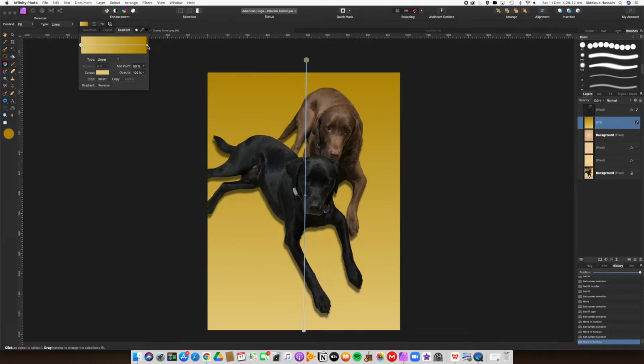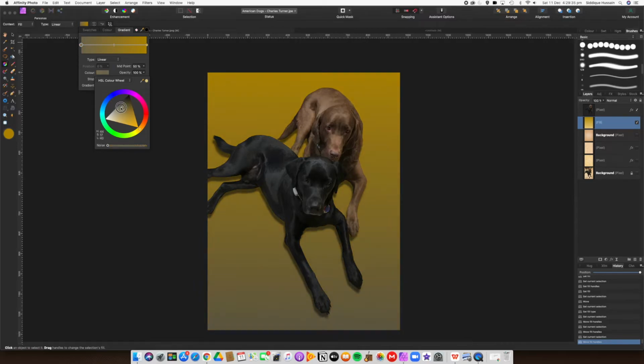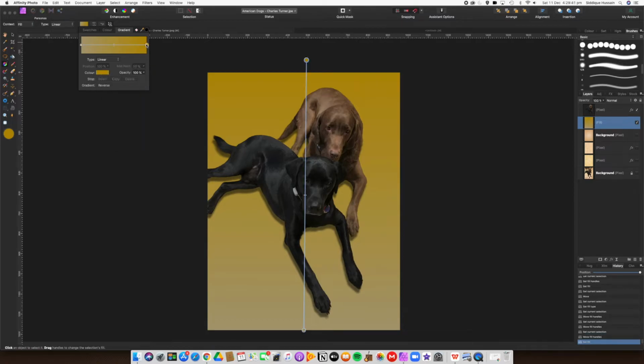Each of these nodes represent these nodes here. So if it's the lighter node that you want to change, click on that, then on the color, and then change it, and you can see that it'll change at the bottom. I actually quite like it, nice light. And then at the top one, if you go to the darker one, and maybe I don't want it that mustardy color, maybe I want it more orangey, or maybe actually I want it more like the color of the